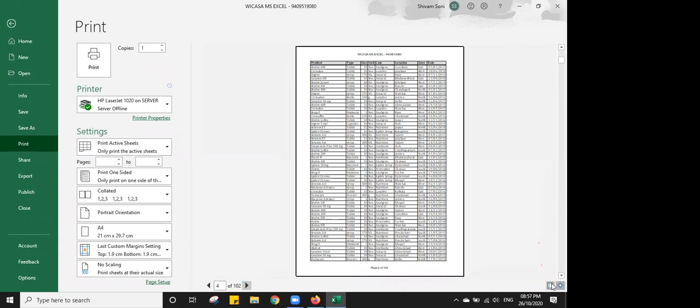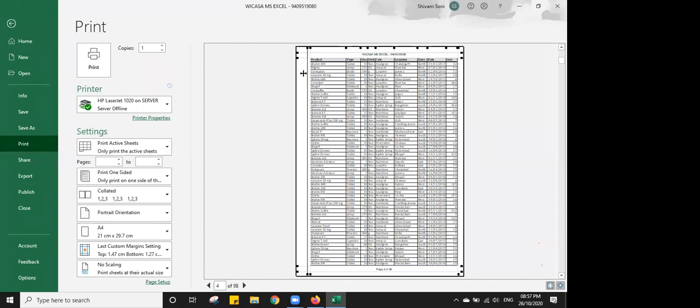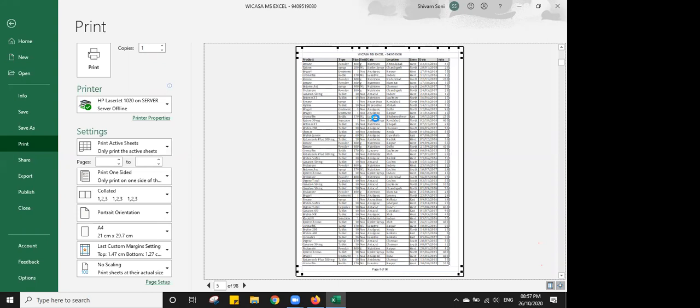The third option over here is to adjust your margin lines. You can see that this margin line is for footer. This margin line is for header and footer, sorry. Now you can plus minus your margin line. Suppose I want to plus this, I want to minus this. So I can adjust this accordingly. I can adjust this also. So my whole data gets print preview, my print is getting adjusted.